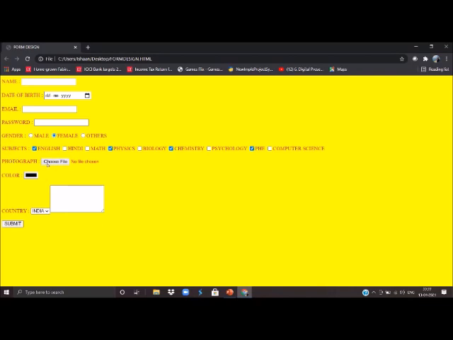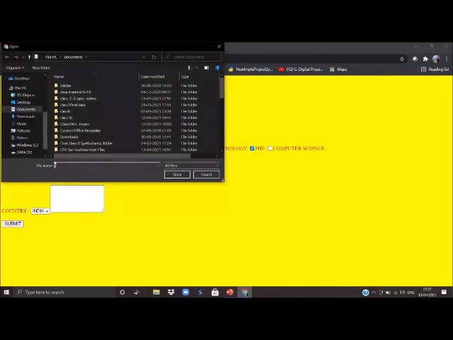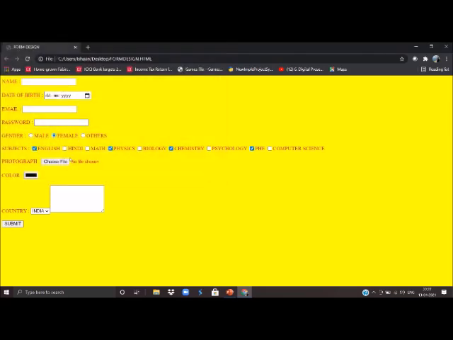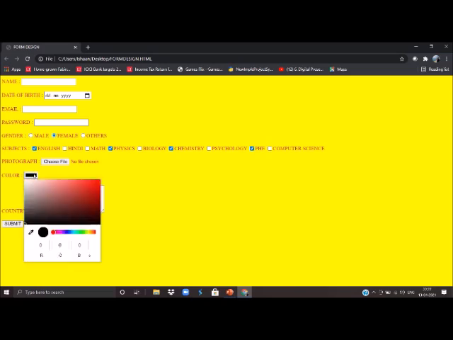And suppose we want the user to upload his photograph, then we can use here file, input type is equal to file, and when the user clicks on this, this dialog box will appear, and the user can browse the file and upload his or her photograph. In color, this color box will be displayed and the user can select any color from here, whatever color the user wants to select.